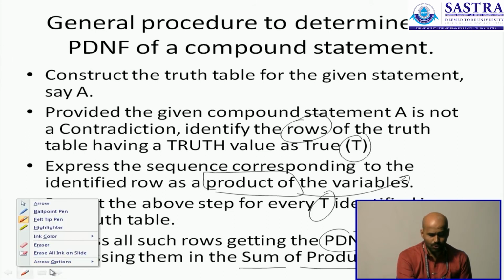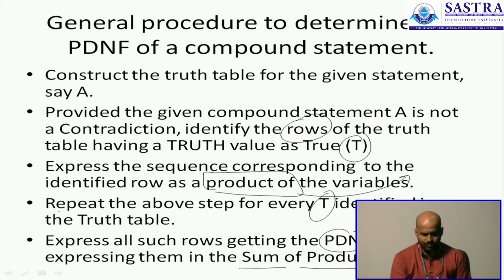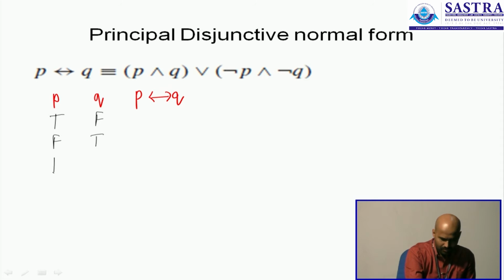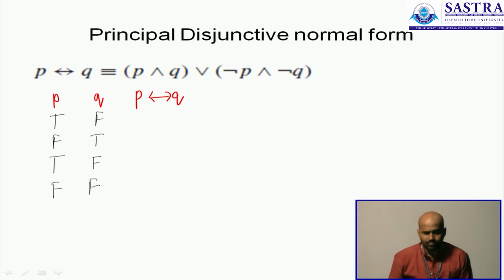So what are we supposed to do? We'll construct the truth table. The truth table is not very difficult. Since it involves only 2 variables, you will have only 4 rows in all. That's not very difficult, is it? So let's evaluate the formula. You know that the formula takes up true value only in the last 2 columns.